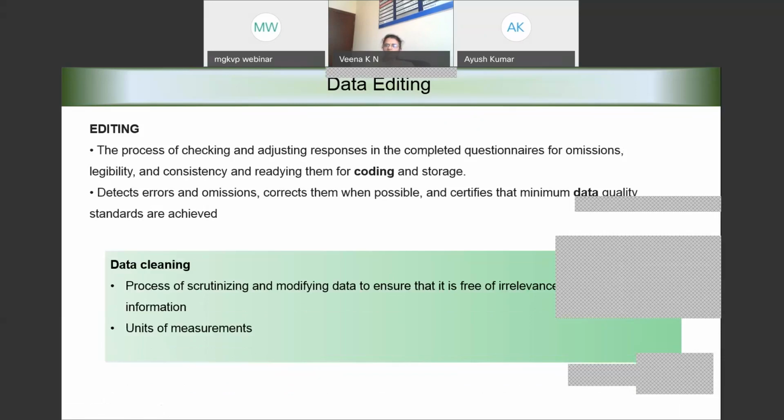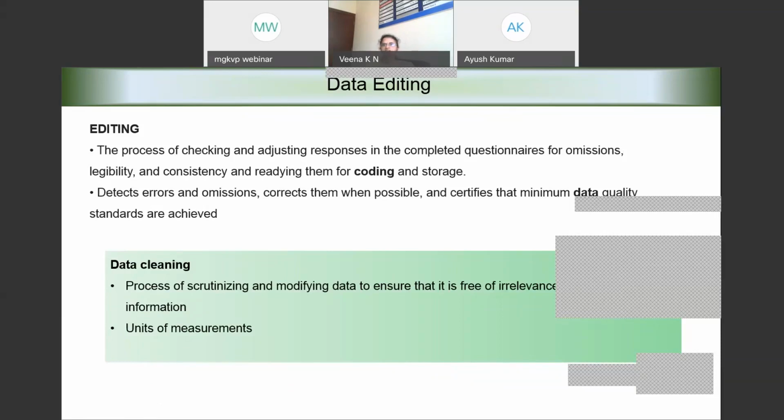And sometimes we may also do data editing to check if the units of measurement have been properly taken, to see whether the units of measurement have been understood properly by the respondents or not.